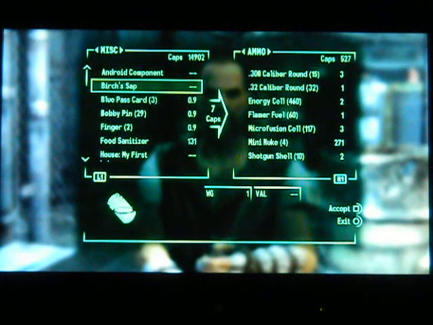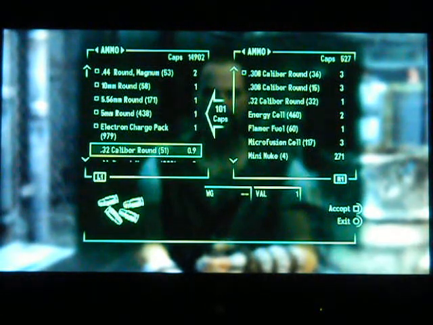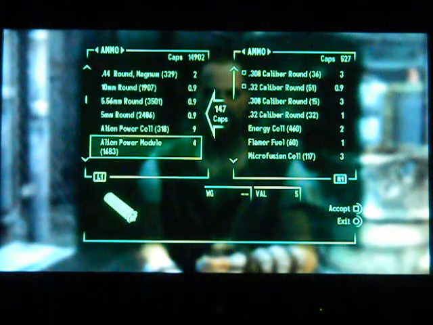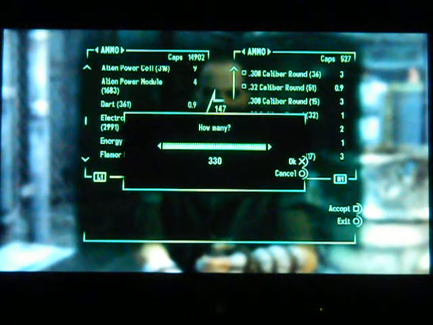Okay, we still got to take those pre-war books. I'll need to go trade those. We don't need these 308s either. I forgot about that, actually. We don't need these, that's for sure. And we don't need the energy cells, but he doesn't really have enough caps to trade for them. Yeah, he can trade for some of them, but...